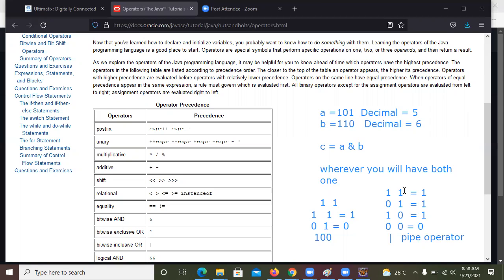Okay. Exclusive OR is represented with the cap operator. This is called the cap operator. You will find this cap operator on the 6 key of your keyboard. And this cap operator says that when both the inputs are different,